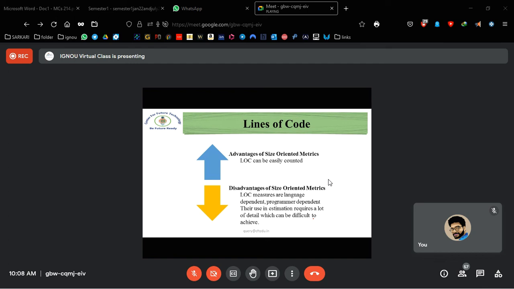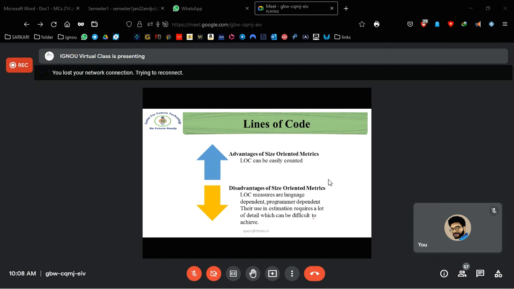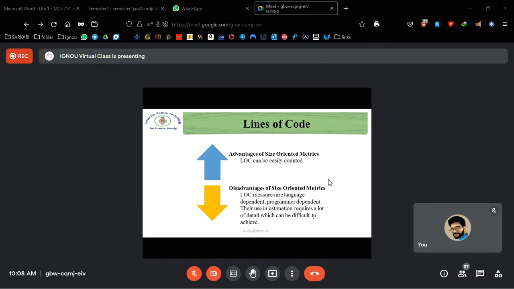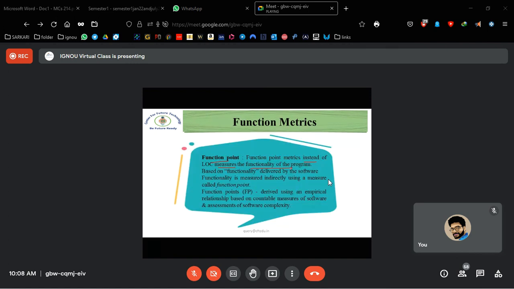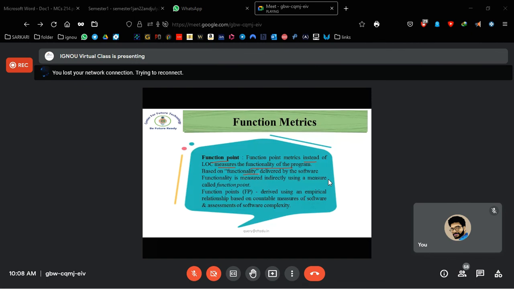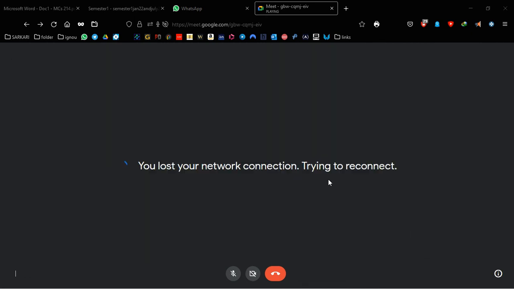Function point metrics reflect the kind of functionality our software is offering, the kind of modularity or the kind of features our software is accepting. That count is called a function point. So function point metric, instead of lines of code, means the functionality delivered by the software, and it is measured using the function point. So if I know my software has a registration module, a login module, and a display report option, so in this